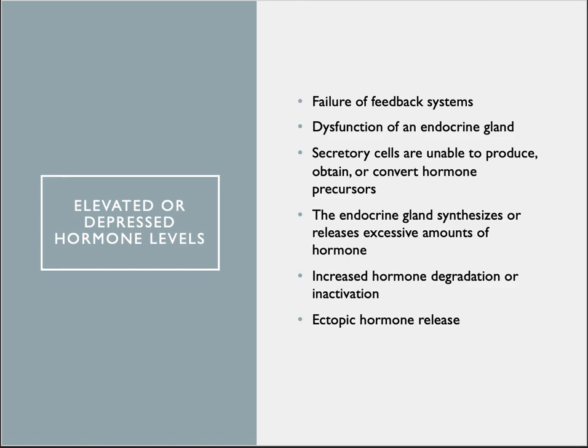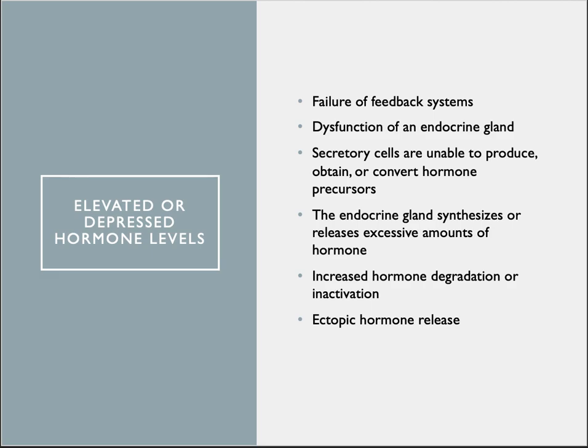As an example, we all know that the pituitary gland secretes a lot of different hormones that stimulate other glands. And if the pituitary gland isn't working correctly, then those other glands aren't going to work correctly either. And so the problem can be either primary in the gland itself or secondary in, say, the pituitary gland because it's stimulating it.